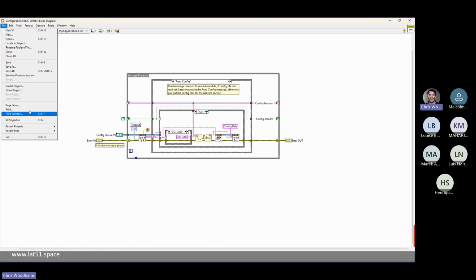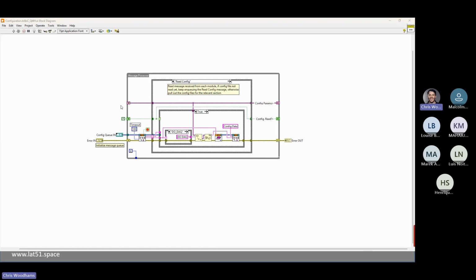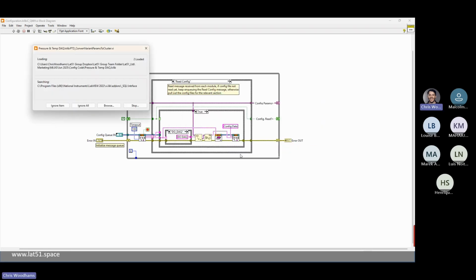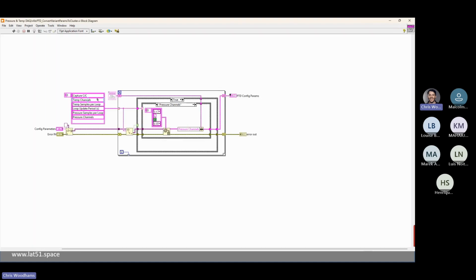So then I've got an example of, I think, yeah. So then this is just an example of a module. So a module would have this, where it basically converts your variant into, I was just thinking that I could maybe do that in a better way. But yeah, what this is doing is, I think I can do this in a better way actually. But anyway, what this is doing is it's pulling out each, I'm